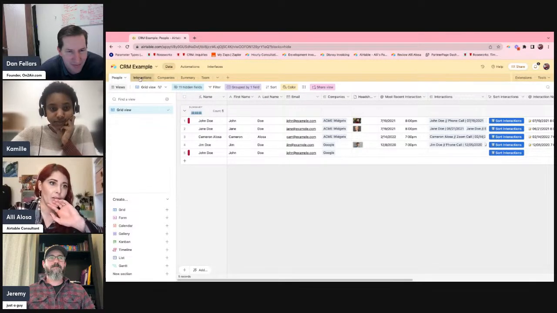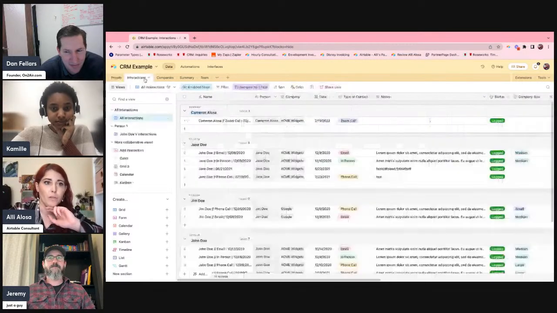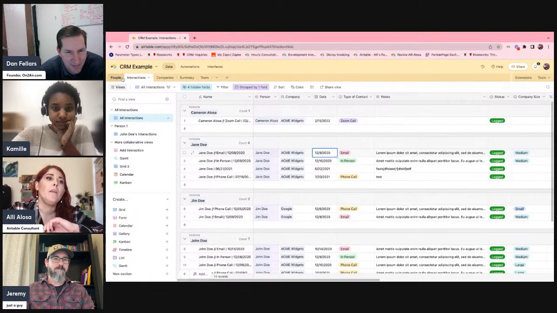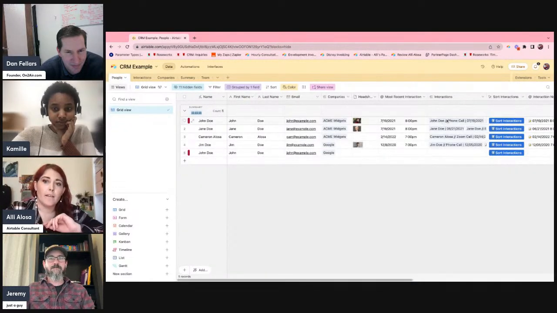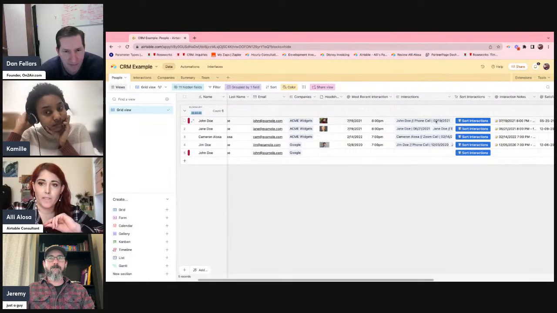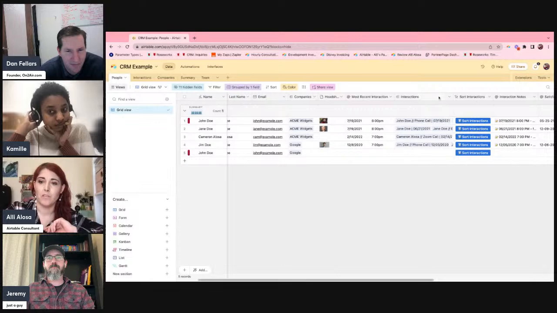The 2 tables that we're interested in for this example are just people and interactions, which is something very common that people are using Airtable for. We've got rows of interactions that are each linked up to a person, some notes involved with that, a date, etc. All sorts of little CRM things that you could use over here. But this is a use case that people often ask about, and this is what I've settled on doing to address this for now, until Airtable hopefully someday comes out with a toggle that we can just use.